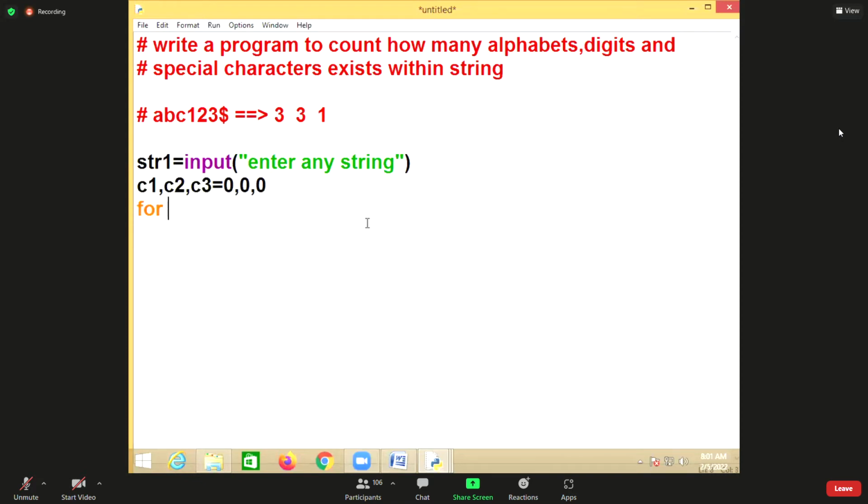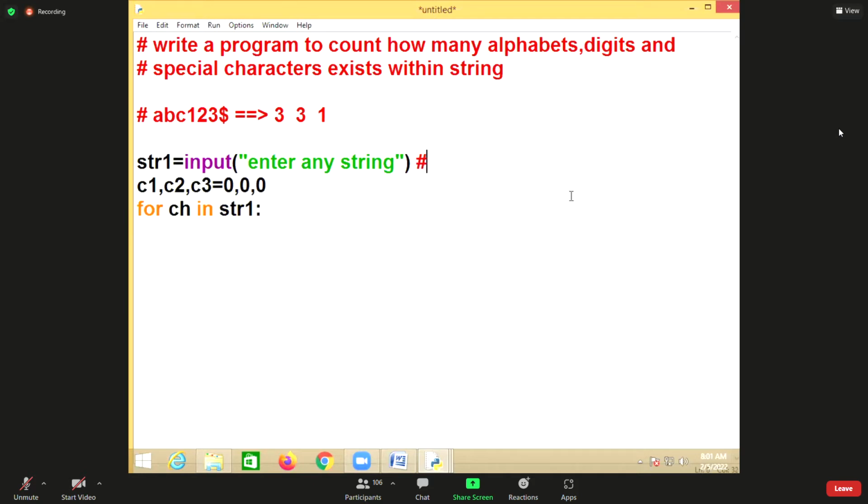Then what I have to do? I have to read one character each time. So declare one variable. The variable name can be anything, but it should be meaningful, so I'm saying ch. ch means one character. So for ch in str1.